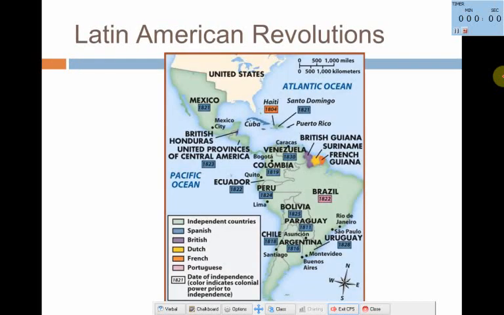In Latin America, folks, we have tons of revolutions happening at this time. And who inspired all these Latin American revolutions? We did. As America, we said, hey, we're breaking away from Europe. You should probably break away from Europe too. They're like, yeah, let's all do that. And did we inspire that? Yes. Now, our concern is that once these colonists have driven off control from the Europeans, what might the Europeans try to do? Reconquer, right? Try to take that territory back.